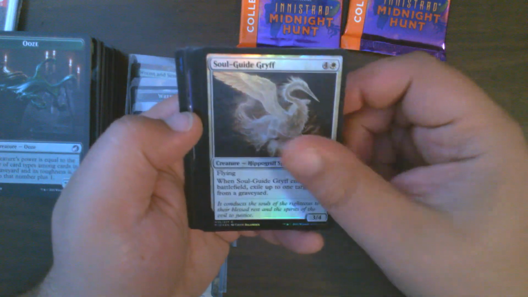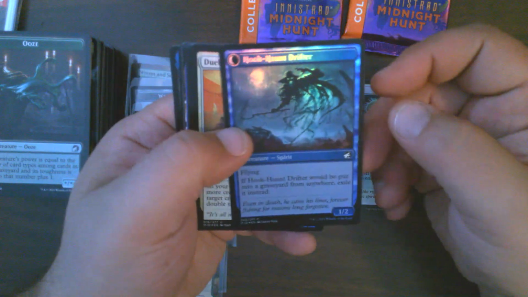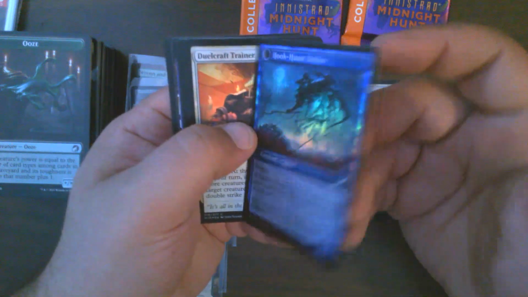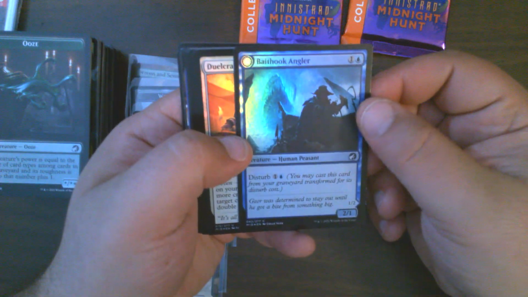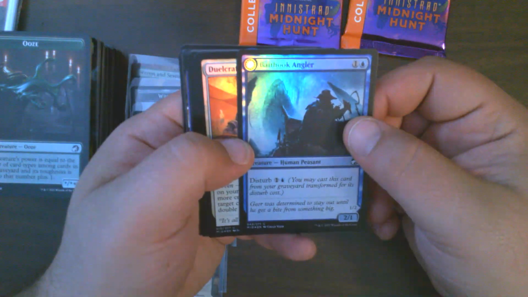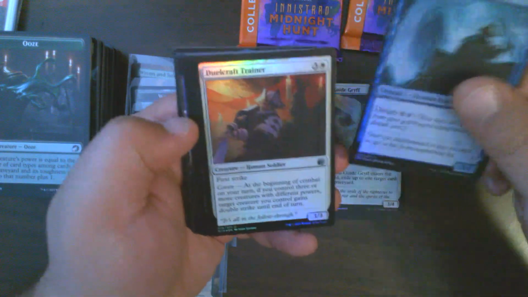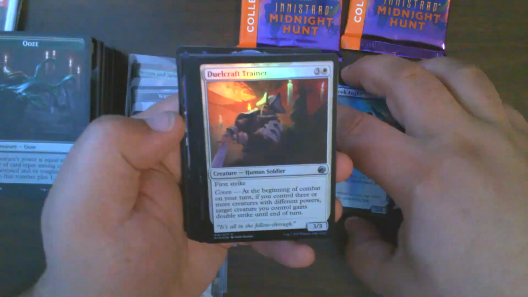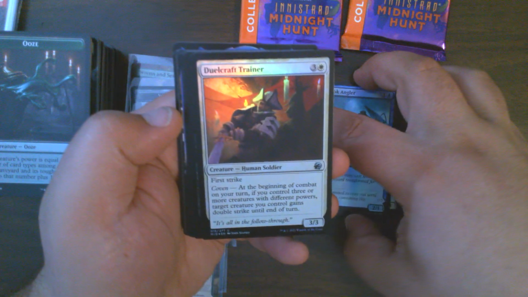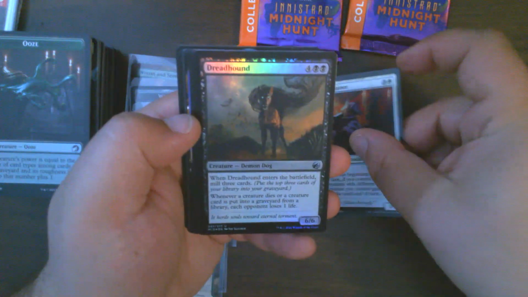Homestead Courage, Crawl from the Cellar, Soul Guide Griff, Hook Haunt Drifter, which is a miscollated. Again, it's strange that they have so many miscollated flip cards, which is normally Bait Hook Angler, Dualcraft Trainer, Dreadhound,